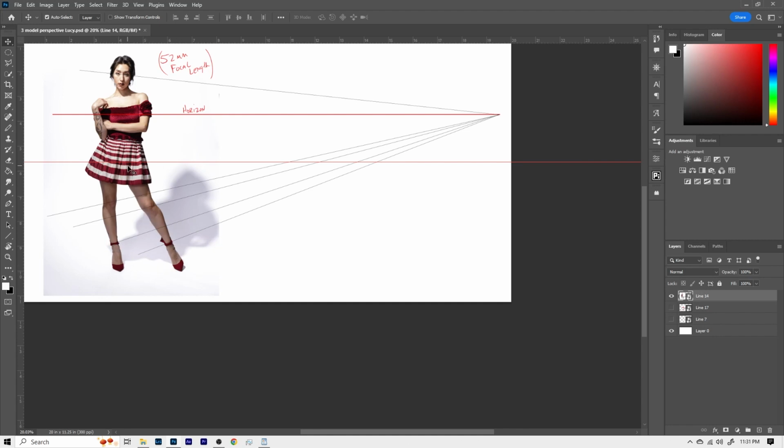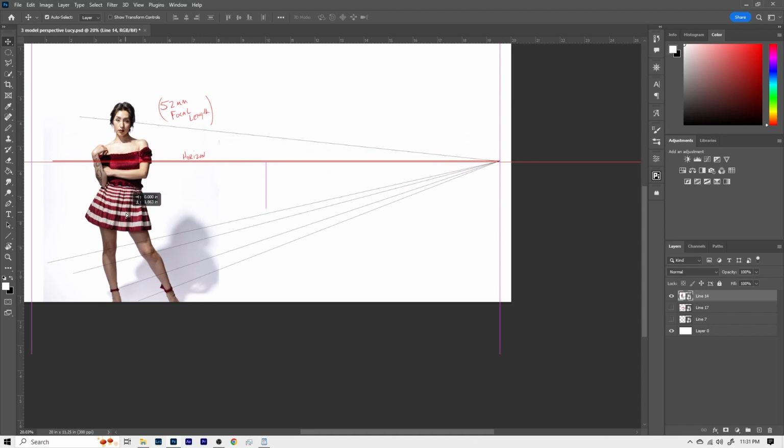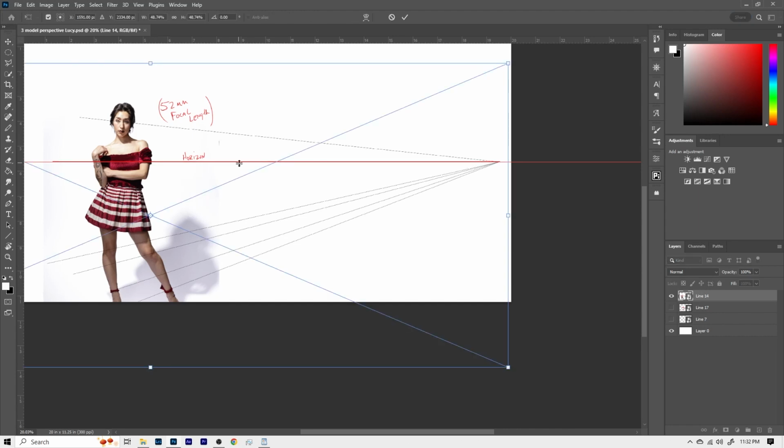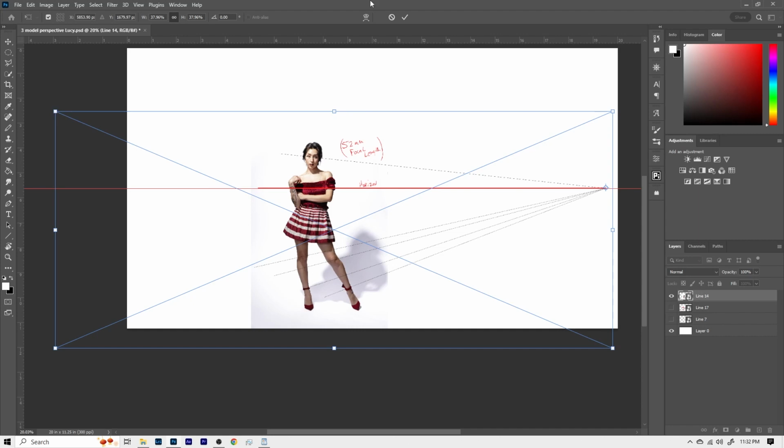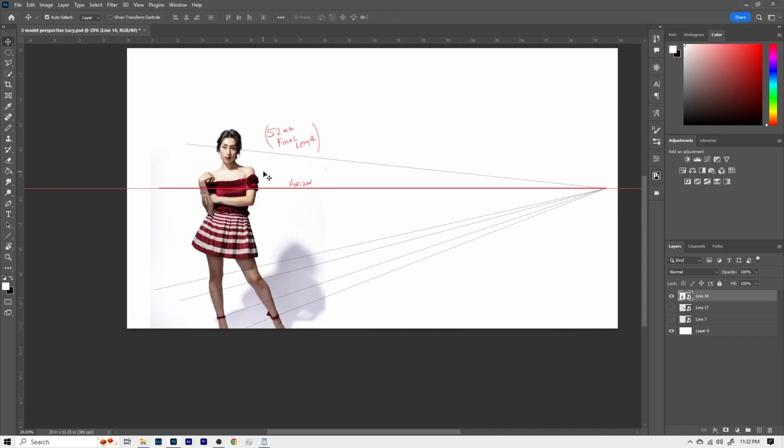But anyway, so let's move this back down here and put her back on the horizon. Of course, she's scaled up. I could scale her down. If I wanted to scale her down, I can drag this point either to the vanishing point or somewhere along the horizon. Let's drag it to the vanishing point. Okay, so we got her lined up on the horizon. And here's another her. Drop the opacity.